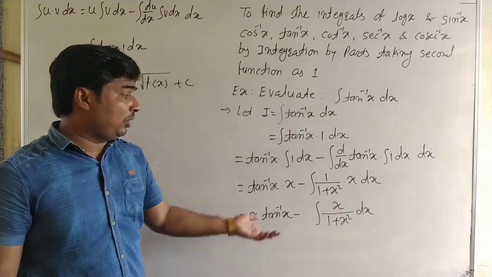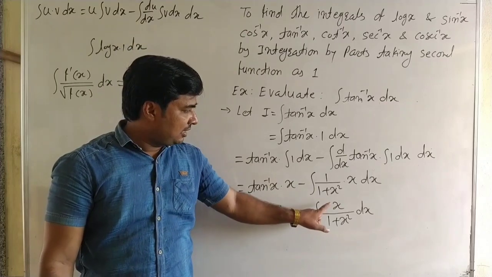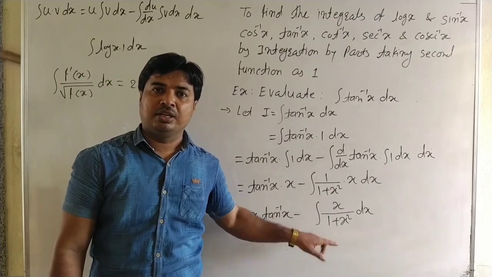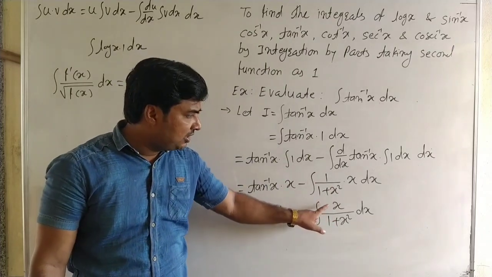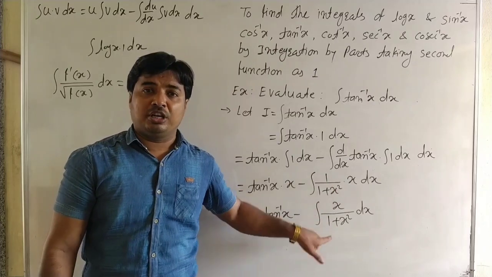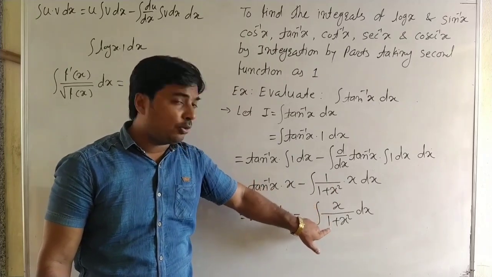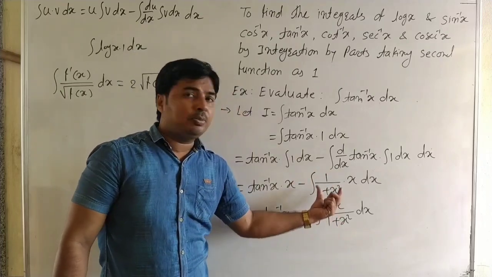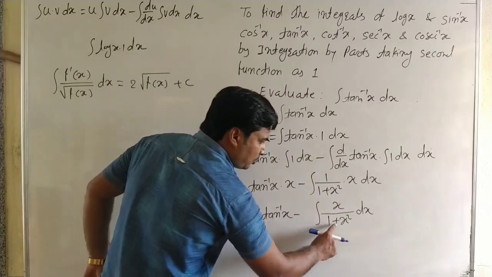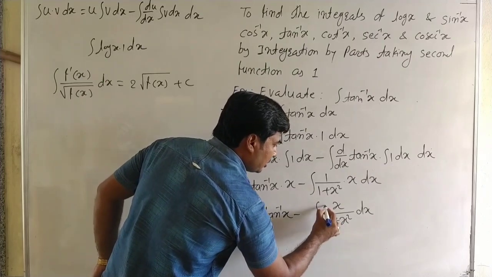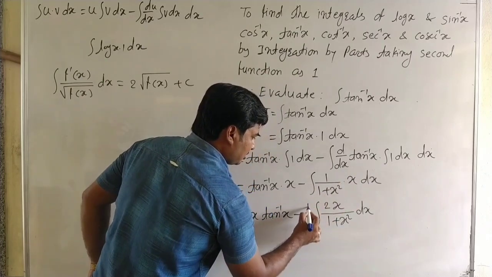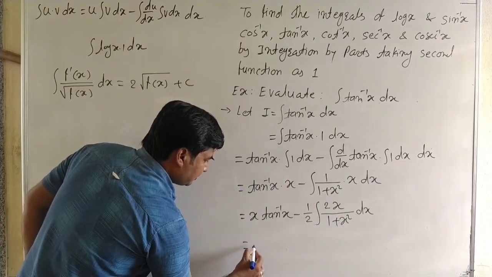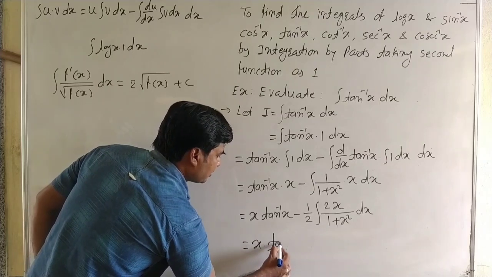Here it is x upon 1 plus x square. Again, here is a linear function upon a quadratic function. In the last example there was a linear function upon under root of a quadratic function, but here it is linear function upon quadratic function. The method is the same. Adjust the derivative of the quadratic function in the linear function. The derivative of the quadratic function is 2x, so we can write 2 here, but here it is only x, so multiply by minus 2. It is an adjustment. Now it is x into tan inverse x